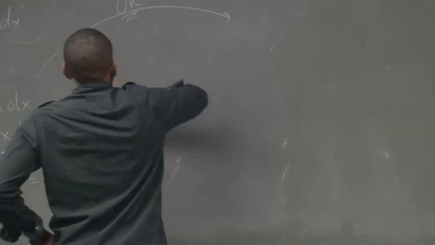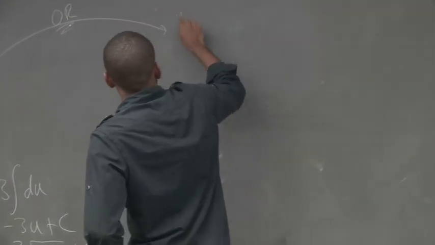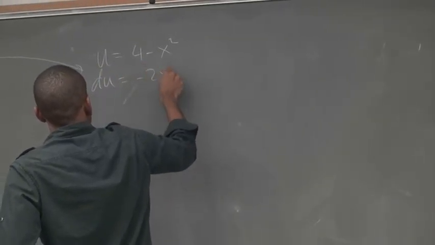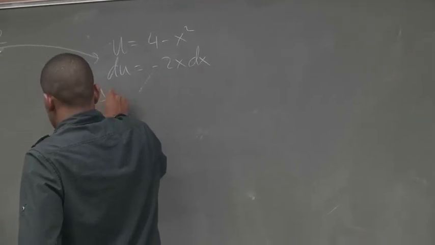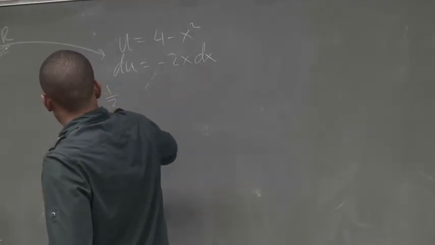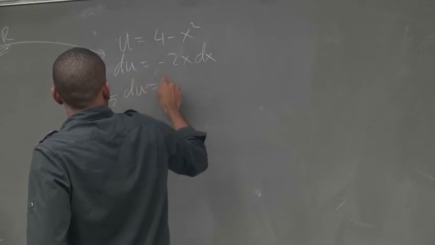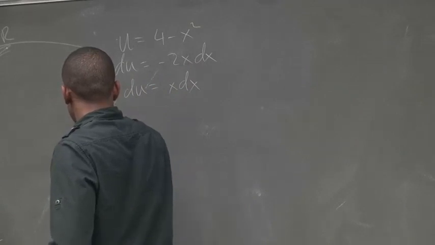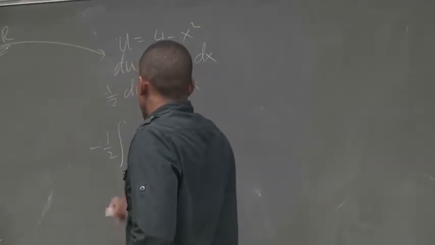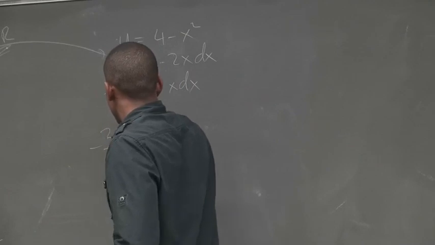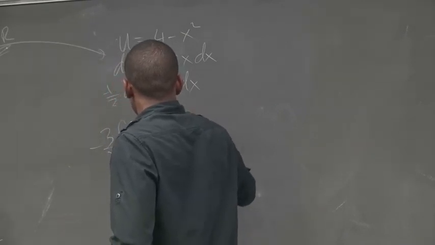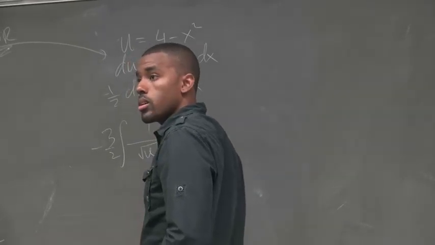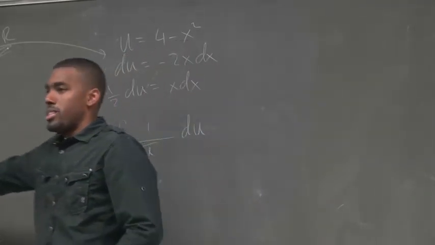Or, probably a more standard way, but you're going to have to work a little bit harder, is to let u equal 4 minus x squared. Your du is equal to minus 2x dx, and so you have minus a half du is equal to x dx. So your integral would be, put minus a half out here, you still have that 3 here, and under here you'd have what? You'd actually have a radical. So it's a little bit more messy than that, right?